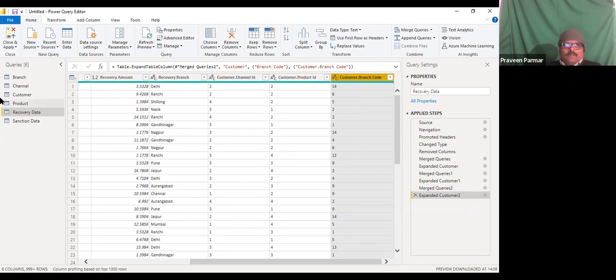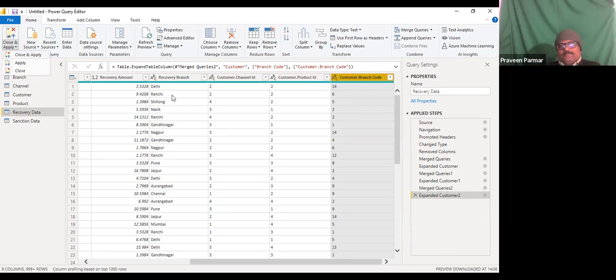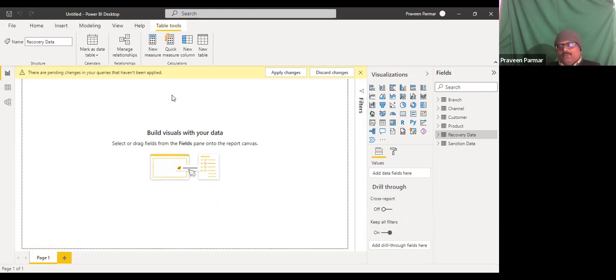Then we have done it. Then don't forget to Close and Apply. So I close and apply. Why am I doing all this again and again? I could apply only and select the table from here, but I am not doing that because I want you to practice. If you go from scratch, then you will learn that path. Understand? So I am again and again closing this. Later on, when you are perfect, you could just do it directly from there. No problem.